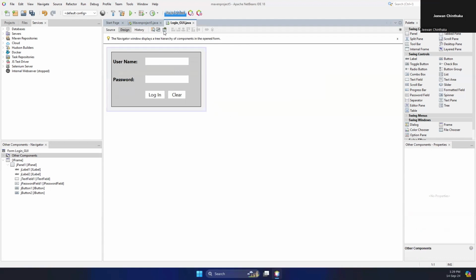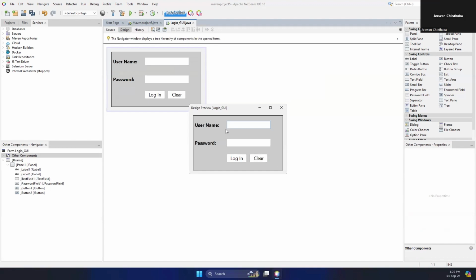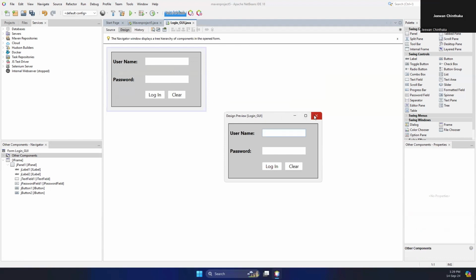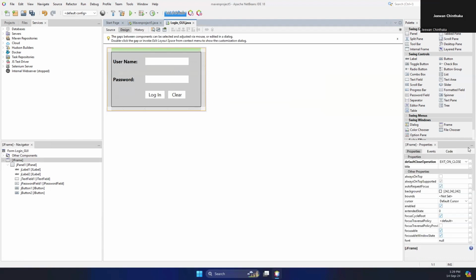Once you've done the design, by clicking on this, you would be able to see how it will look like. And even for this JFrame, if you want to display a title, when you open an application, it will display a title. Right now, if you want to have a title,